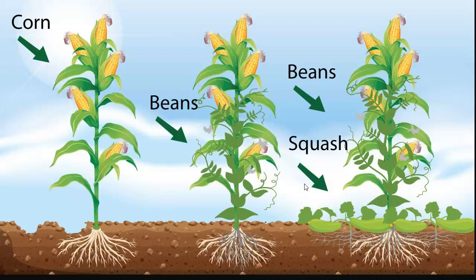Each plant takes certain nutrients out of the soil and pumps others in. Well, these plants are complementary. What corn pulls out of the soil, beans and squash push into it, and vice versa. So they actually help each other grow, and it keeps the soil fairly fertile for longer. The Three Sisters farming was figured out by trial and error, but modern science can figure out why it works